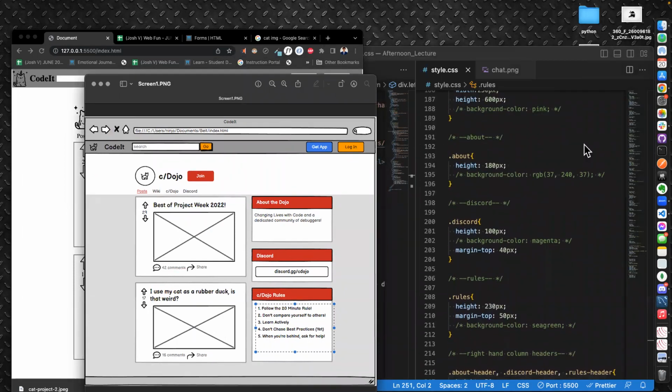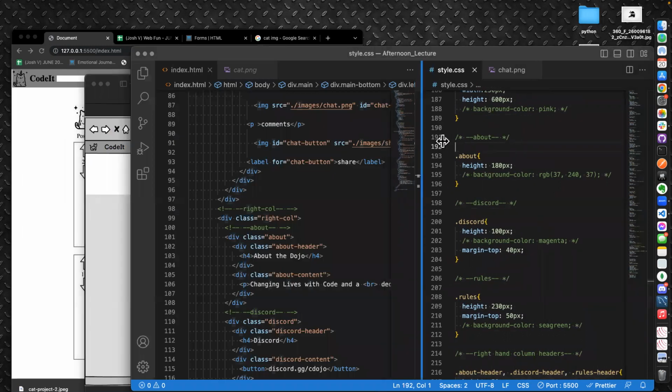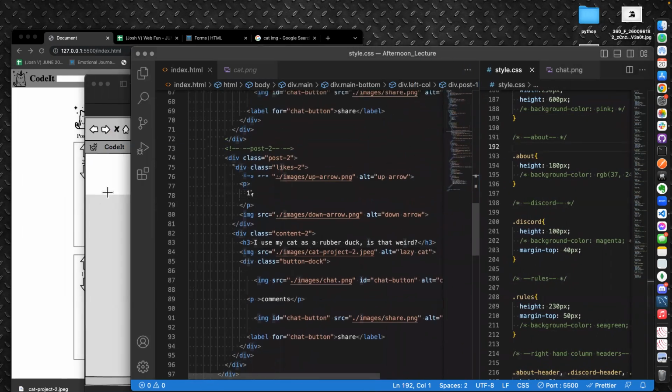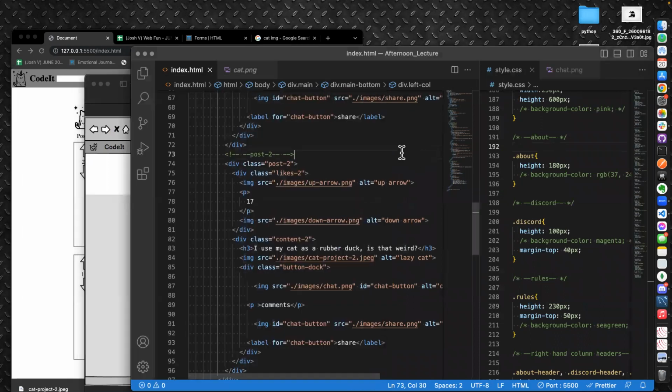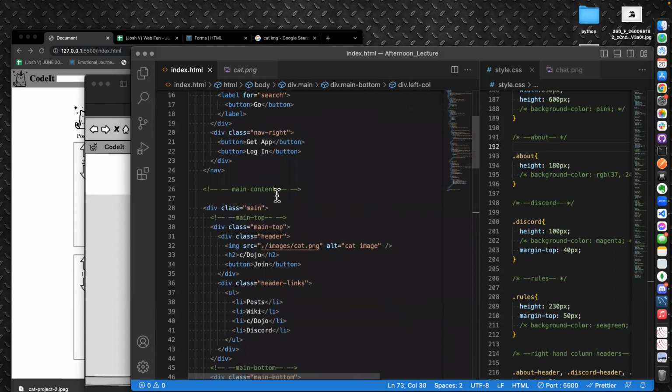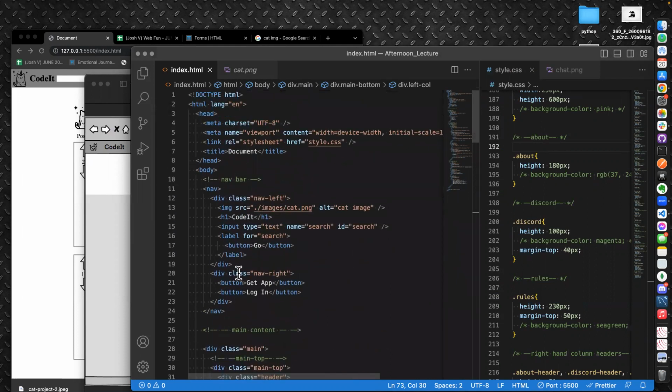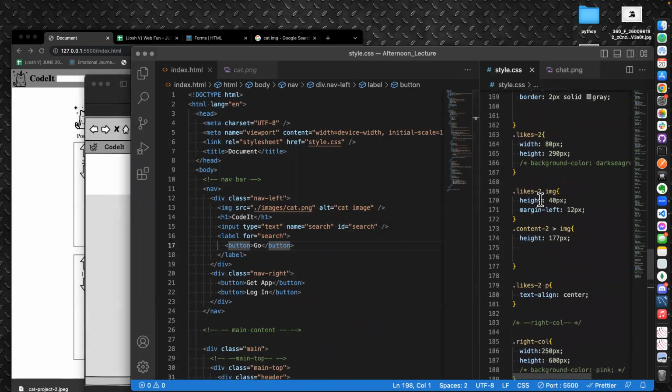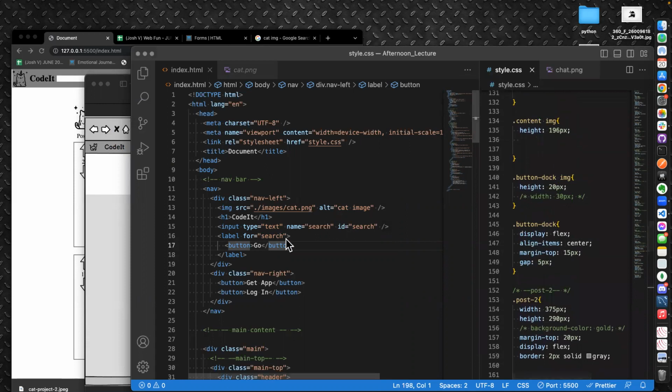And then we'll do the CSS. I mean, we're already dragging this time out. Might as well just make it perfect. All right, so colors for the buttons. Where's the button? Button in the nav bar. Here I am. Button, go button. So let's affect this button. Where is the go button? We're gonna go search for our label